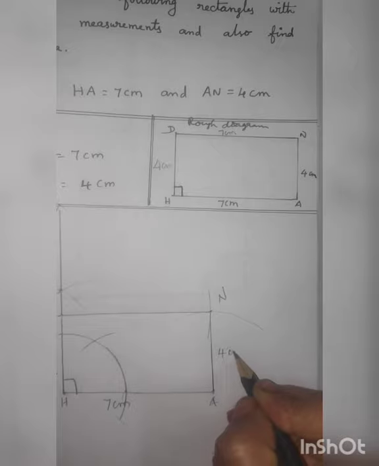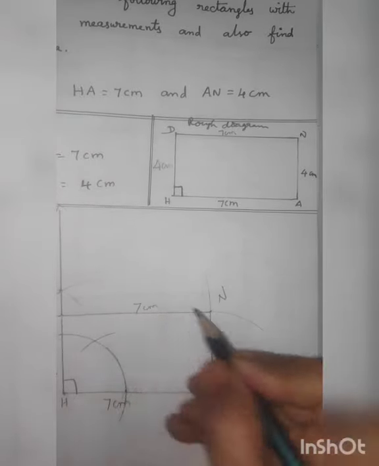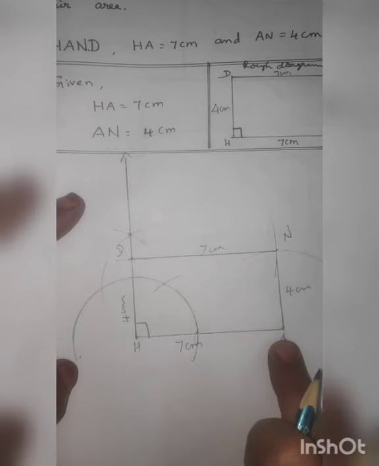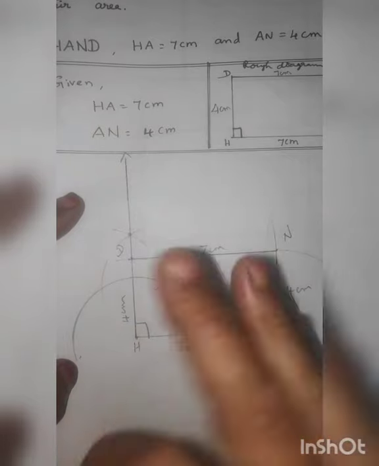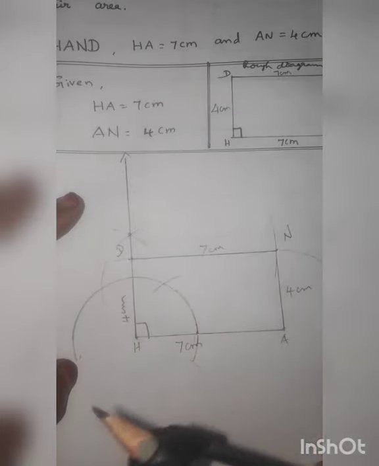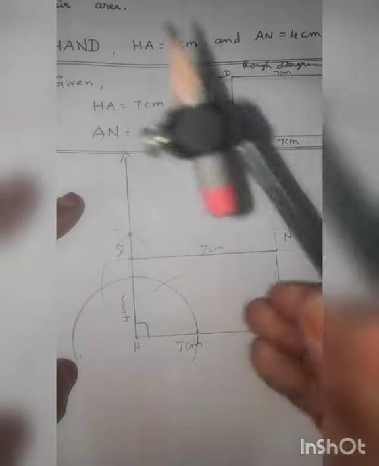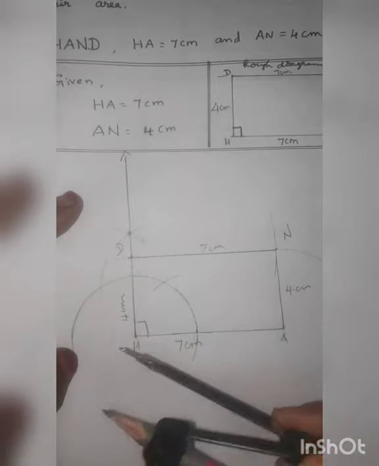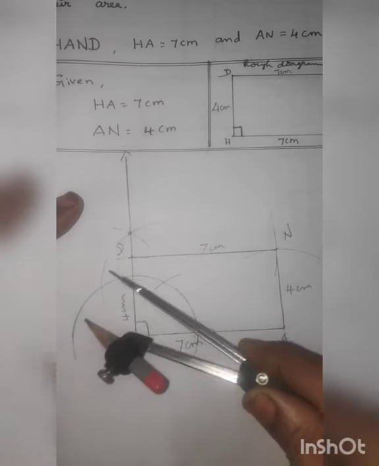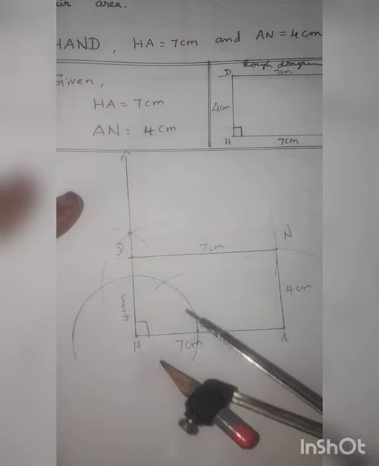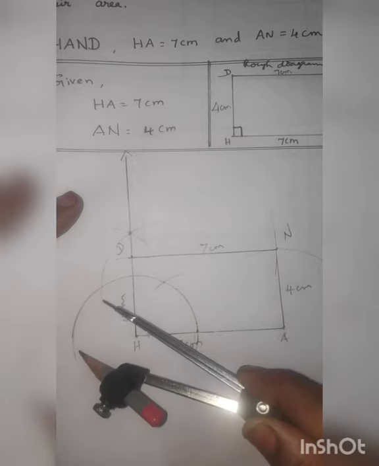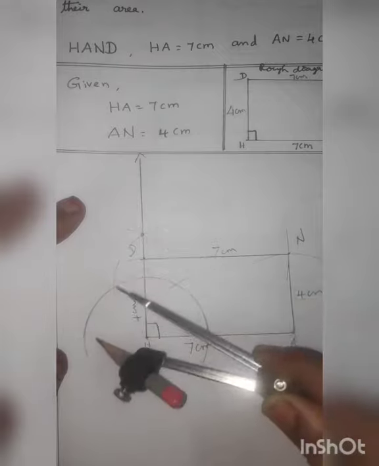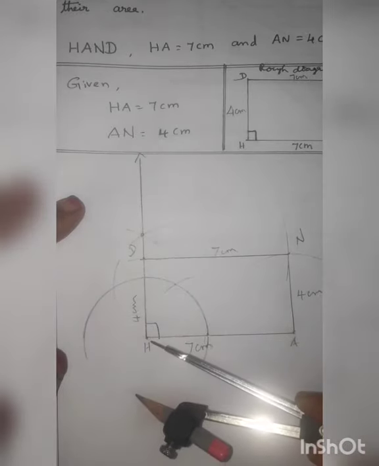Here 4 centimeter, here 7 centimeter. Another time, listen. First you draw the line segment 7 centimeter. Take 3 centimeter in the compass. The length is not given; take any radius from the compass, I am taking 3 centimeter. Keep on point H and cut the arc. Here where the point comes, cut the arc. Here where the point comes, cut the arc. Coming to the two points, one arc up, one arc here. These two lines you want to join.